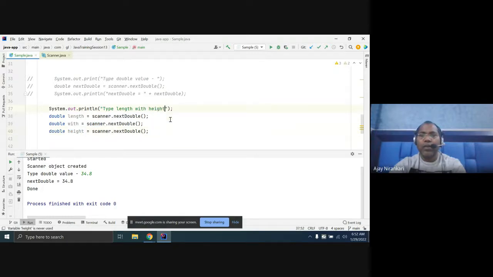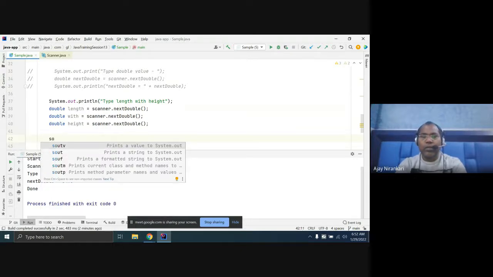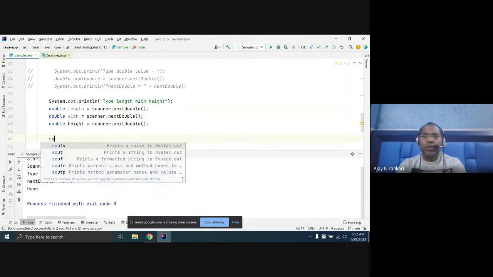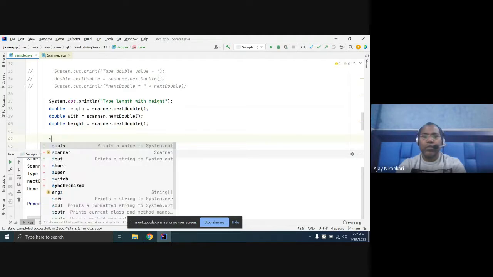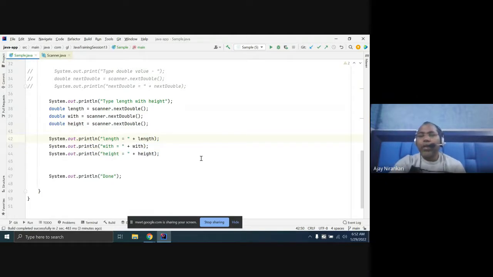So instead of the earlier way, this is one way you can do it. And here you have to do some calculation, so let me just print the value. So this is one practice you can follow.